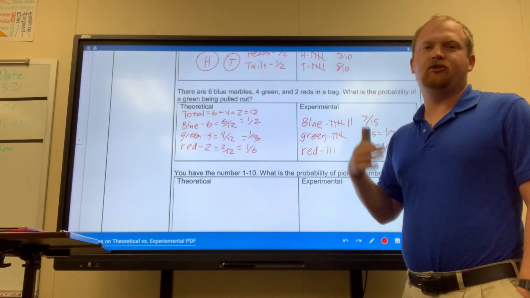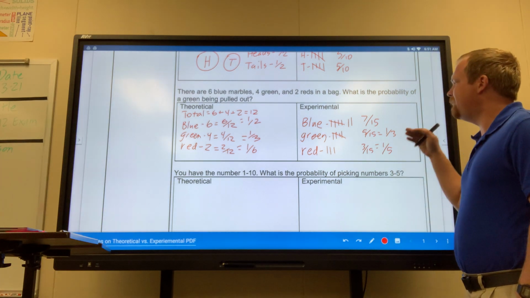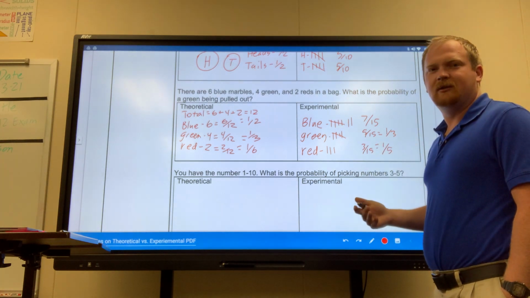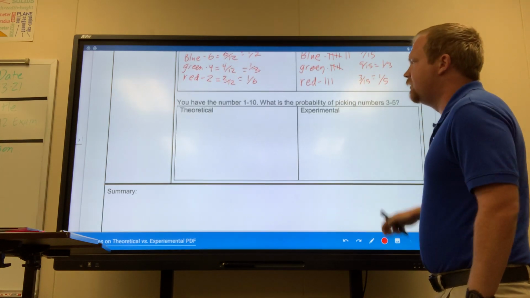But if I keep going on with the experiment, I'll eventually get 1 out of 6 for red, theoretically speaking, if I keep doing the experiment. Now, lastly,